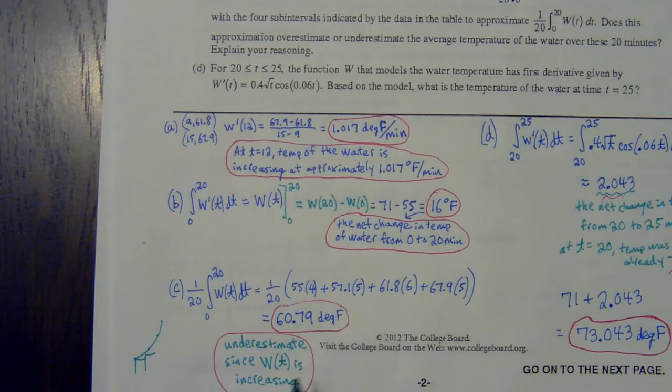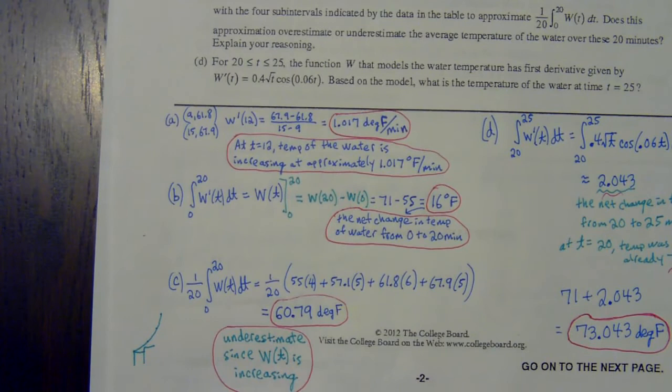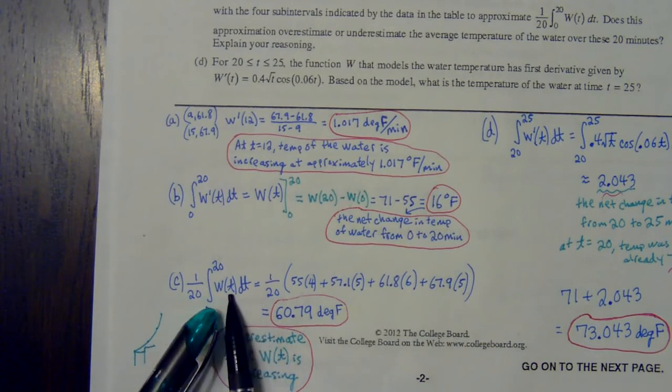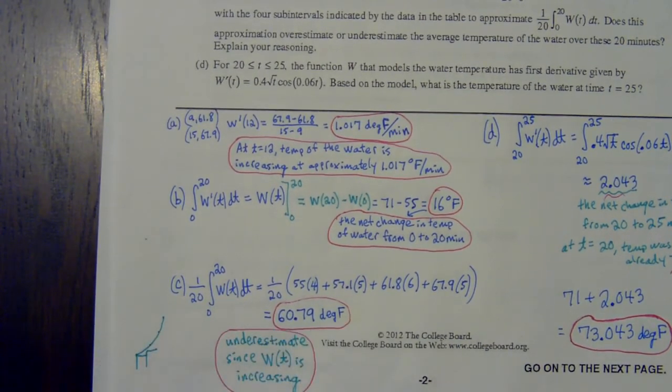Be careful with that. When you do an average value problem and use that average value formula, the units always stay the same as whatever it is that you're integrating, okay? Because you're just averaging out. Like if you average out your test score, it's your percent. It's not like percent per minute all of a sudden. It's just your percent. So when you average out the temperatures, it's just your temperatures right there. That's on average how hot that water was,